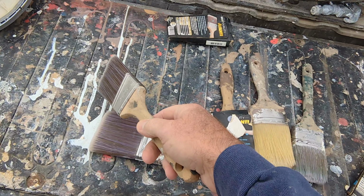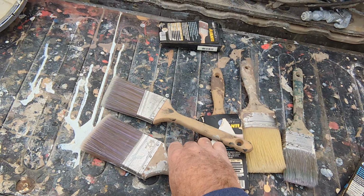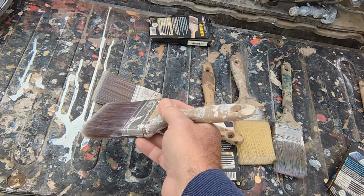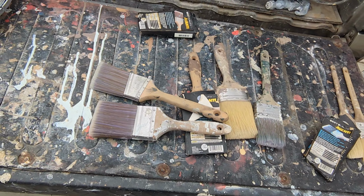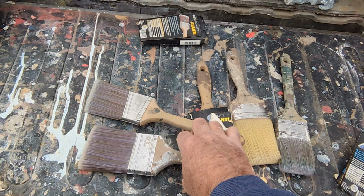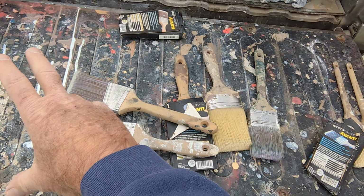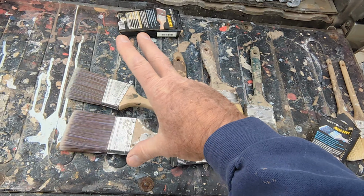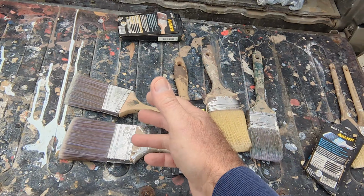So, guys will still fight me on that. Oh no, you got to put 2 coats in your cut every time. No, I used to do everything 1 cut and then go around, roll it, and it would cover completely with 1 coat. And the other big problem that guys do is they'll use a weenie roller and they'll cut in like a giant cut like this, 12-inch cut on there,